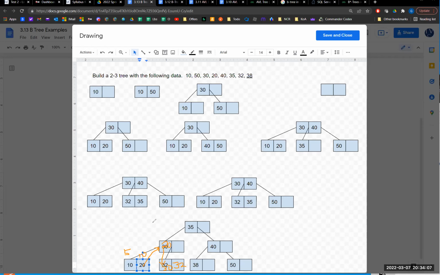And then deleting would be the same idea, or the reverse, right? If we're getting to the point where I don't have enough data to have enough children for it, we can start collapsing, and then a fair amount of collapsing has to go on there. So it'll do a similar approach where we borrow, right? So if we deleted, let's clear that. So if we come along and we deleted 10, we're okay, but then we say, well, and